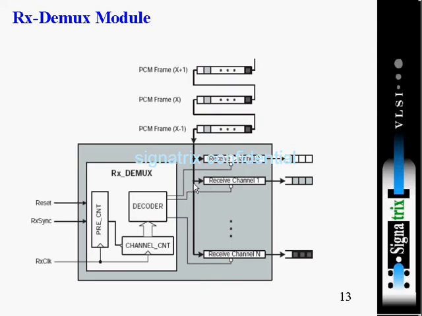Now the next data will come and go here, 8 bits. After getting the full 8 bits, it will increment again, to 2. Then the decoder will decode and select the third channel. In this way the demux gives access to each channel. So the pre-counter works with respect to bits. When you receive 8 bits, it increments the channel counter, and then the decoder selects the next channel. That is how we distribute the data to different channels.